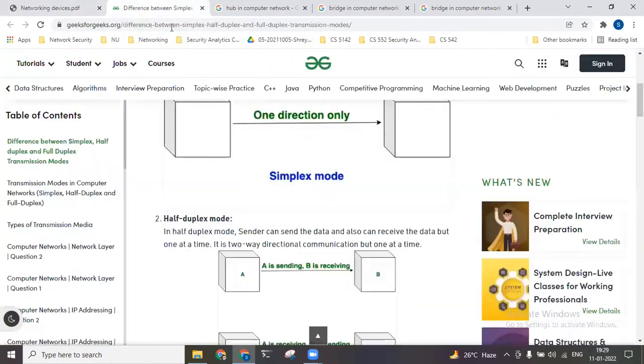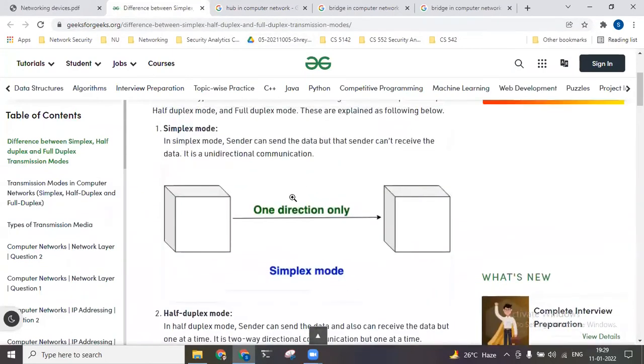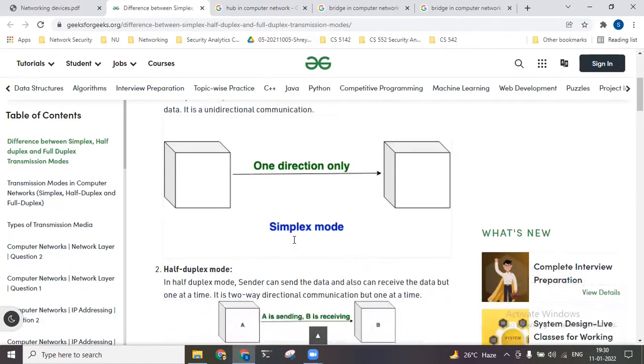That is half duplex. We can also Google the difference between simplex, half duplex, and full duplex, and we can get a very clear diagram. So as you can see, simplex means A can only tell B. It can never get the message which B wants to tell. It has no method of receiving the message. It's like we have our FM radio in our house, right? We can simply receive the signals. There is no way for us to send back the signal. Okay, so that is simplex mode of communication.